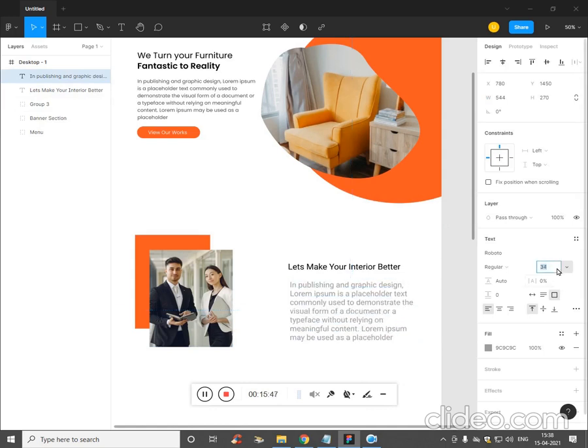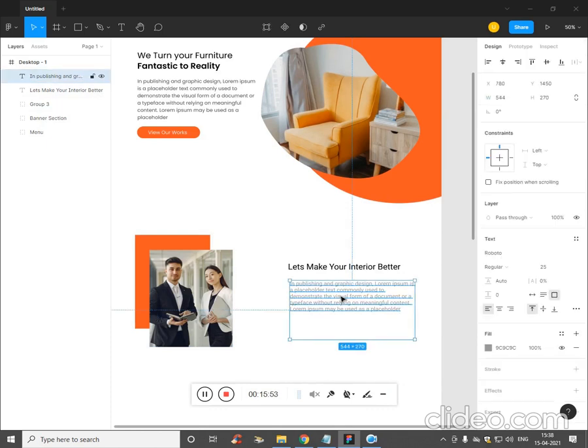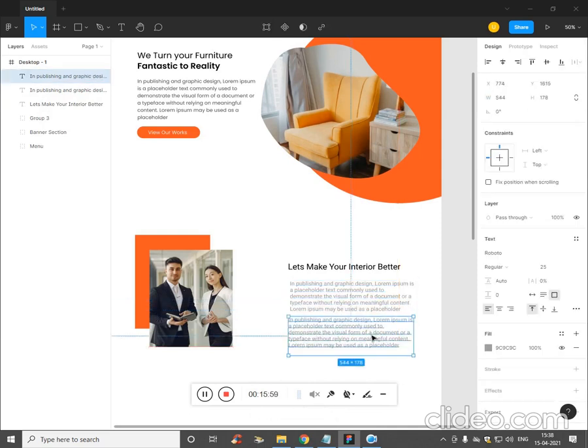We have to make this a little smaller, and Alt T again, press V. Now this time we have to remove some of the text, and let's make the text box a little smaller.